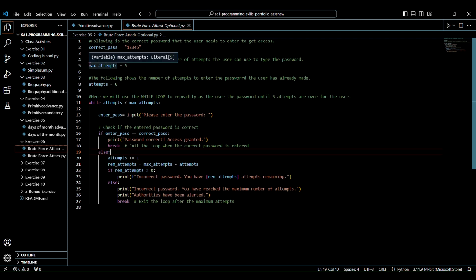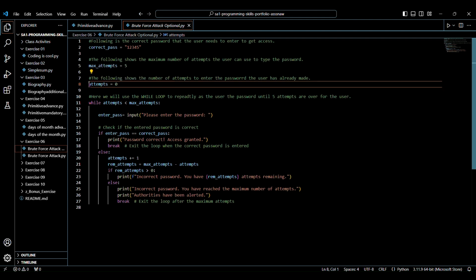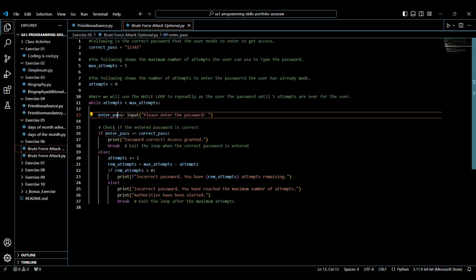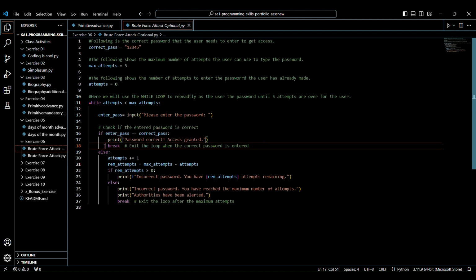Here the maximum attempts a user can make is 5, and here attempt is equal to 0. This shows the attempts that the user has already made. So while the attempt is less than the maximum attempt, the loop will keep on going. Once the attempts the user has made reach the maximum attempts, the loop is going to end or break over here. So the user is asked to enter the password, and then this one is used to check if the password is correct or wrong. Once the user writes the correct password, then the loop is broken through the break code, or else